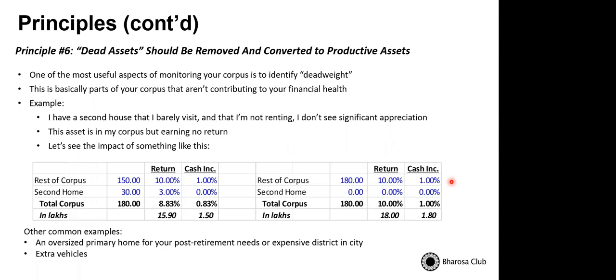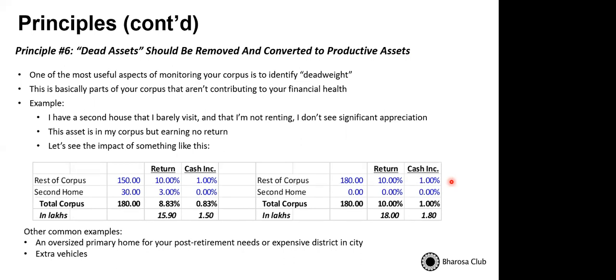The next principle is dead assets should be removed and converted to productive assets. So we talked about how the major benefit of doing this Excel work is you may find hidden sources of wealth in your portfolio. And chances are, if you forgot about them as a source of wealth, you're probably not achieving a good return on them in the first place. So let's take an example. Let's say I have a second house that I barely visit. I bought it in, let's say Himachal Pradesh,